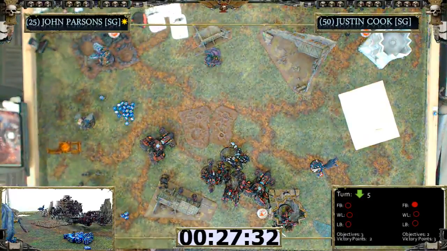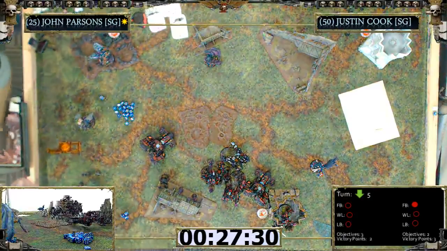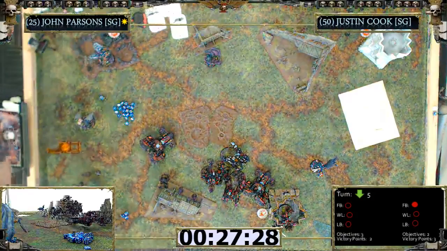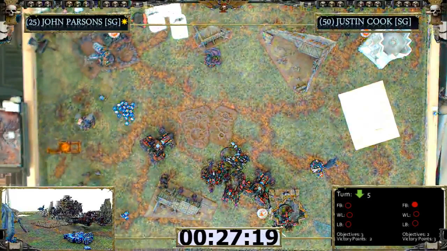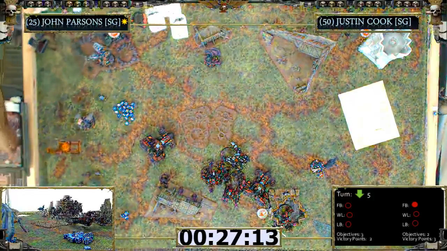I'm surprised he didn't actually go for the crisis suit now. If he killed the crisis suit, he's got the game won on turn 5. But if he doesn't, he's going to lose this turn. Yeah, because he doesn't have Linebreaker. He has nothing. He really needed to get that kill point. Now he is shooting here at the side armor of the...